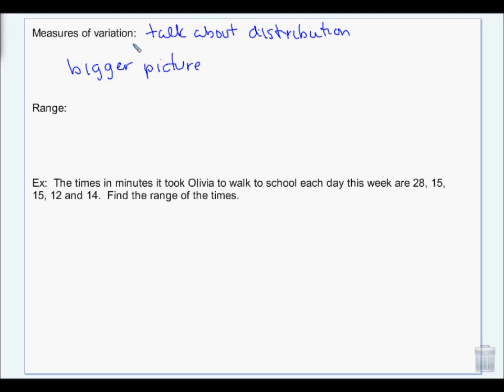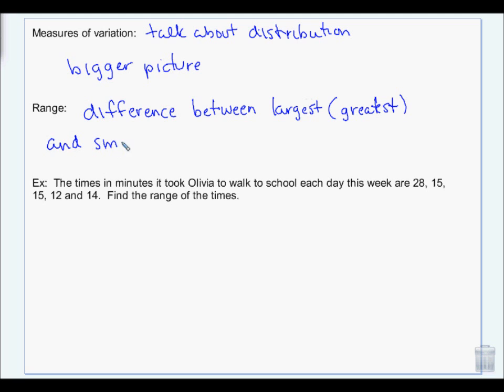Okay? And speaking of range, the range is the difference between the largest or greatest and least value. Okay, so the range tells you how far it spreads. Because you take the very, very largest number and you subtract the very, very smallest number from it,